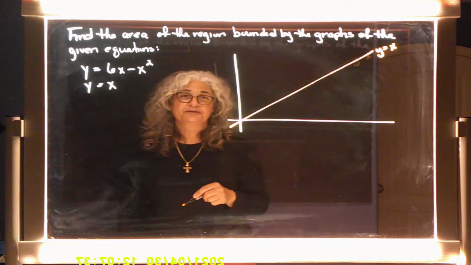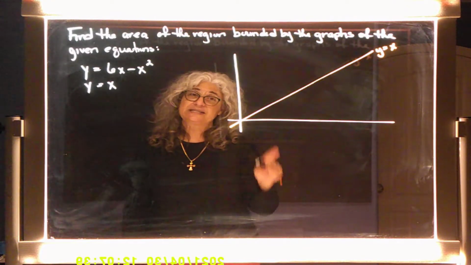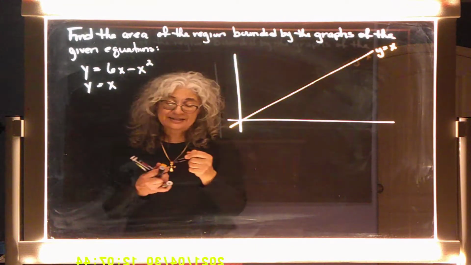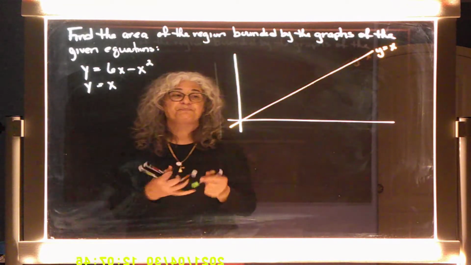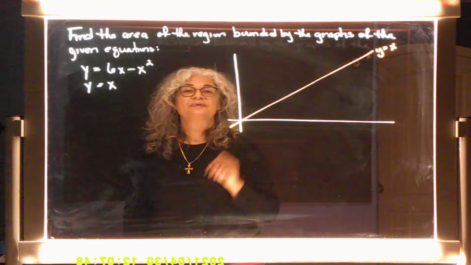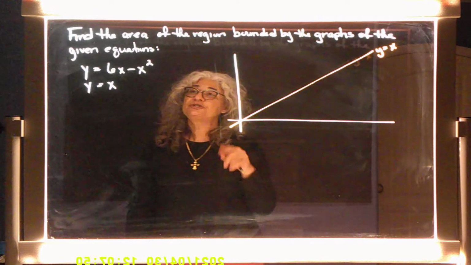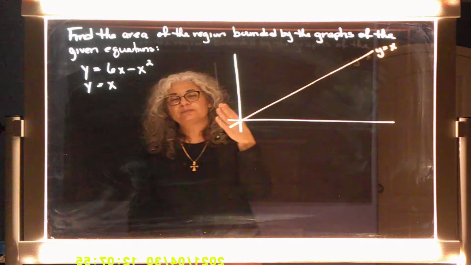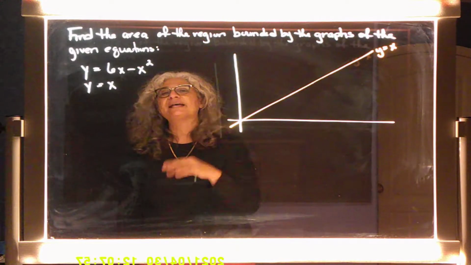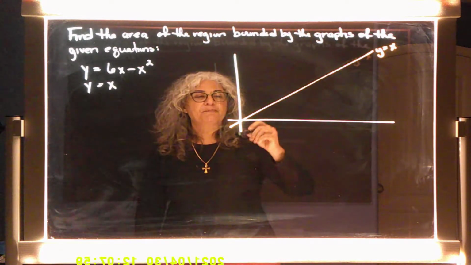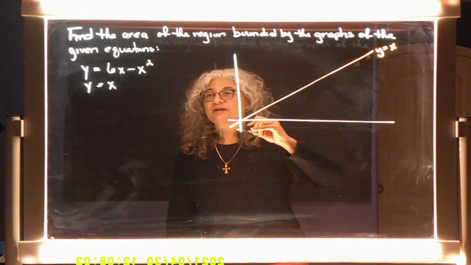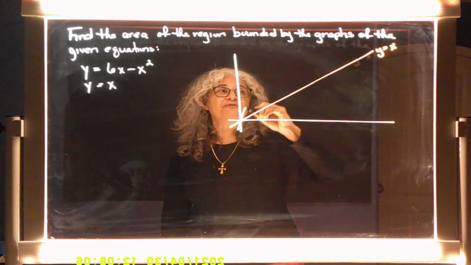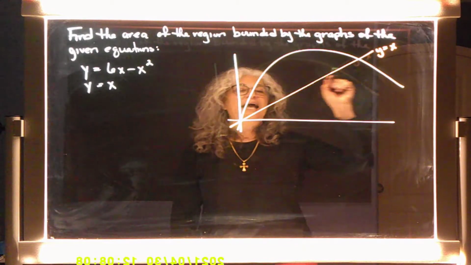6x minus x squared. That is a parabola facing down, isn't it? If I plug in 0, I get 0, don't I? And if I plug in 1, 2, 3, 4, etc. Now, based upon my graph, and some of you may actually be graphing these on the graphing calculator, and that's fine. But based upon my graphing of this 6x minus x squared, I get a parabola facing down, and I'm